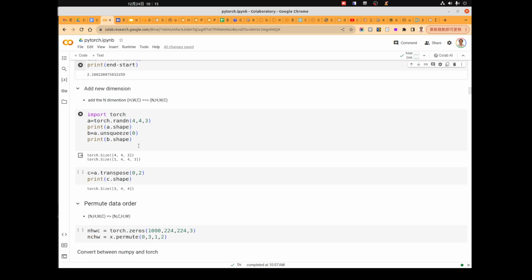So the next thing we need to do is to add a new dimension. Here we have a 3-dimensional tensor, which might be an image. We have a 4x4 image, and each pixel has 3 RGB channels.